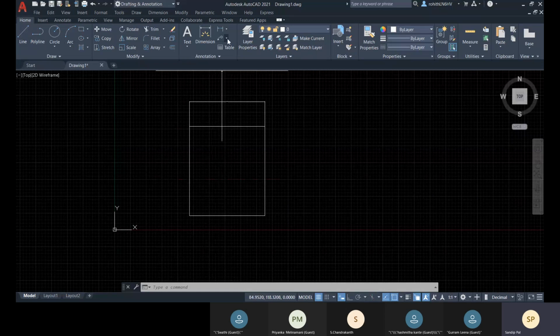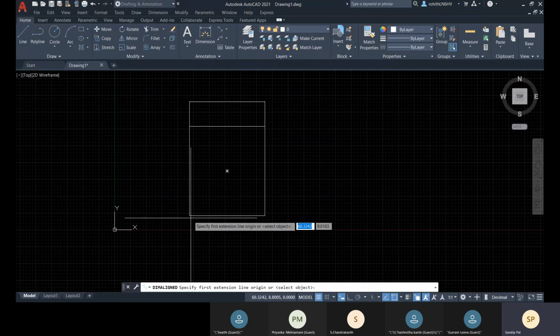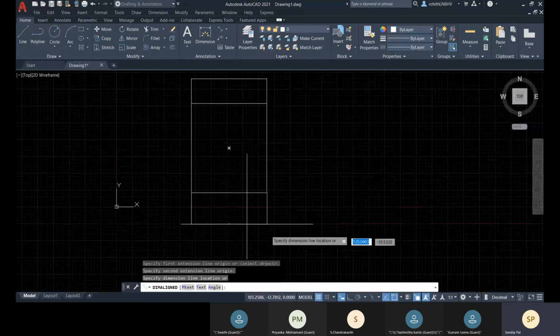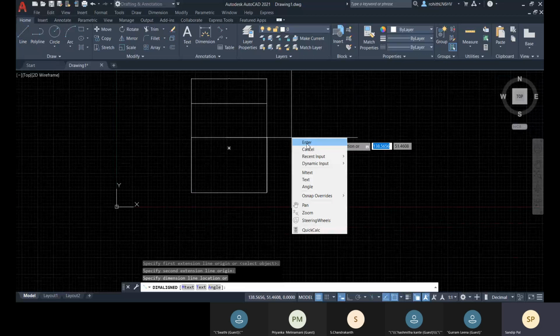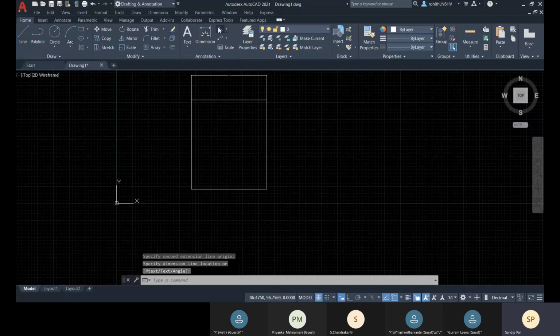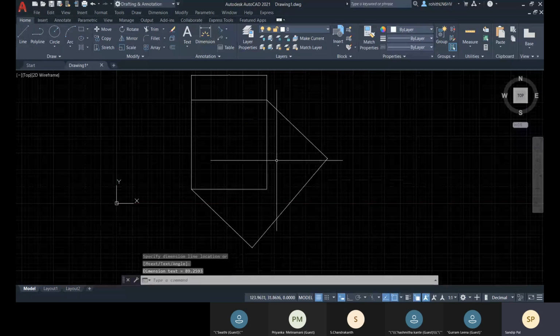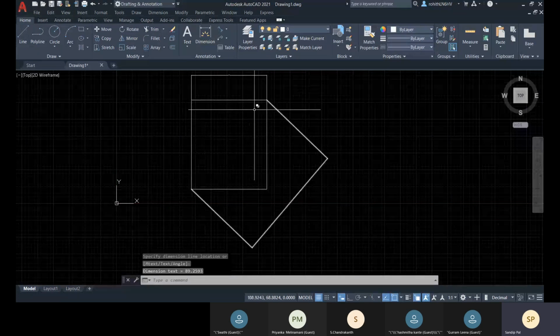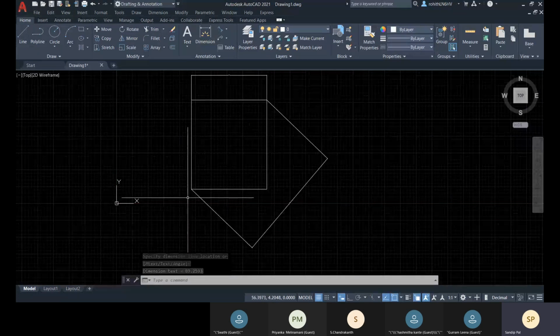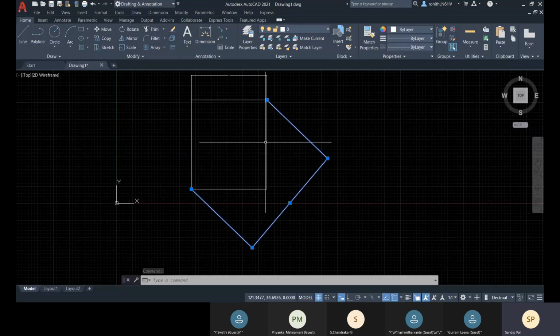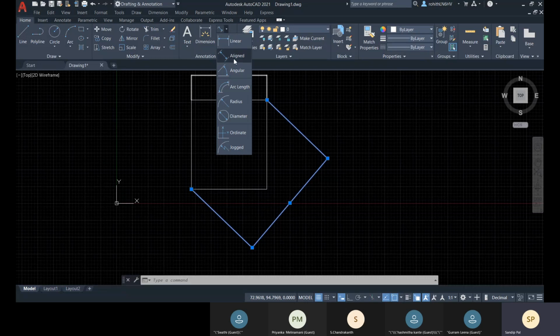Now we also have aligned dimension. This aligned dimension can be placed in the linear direction, and also in any angular direction. If the 2 points are placed at an angle and you need to get the length at that angle, you go for this aligned dimension.